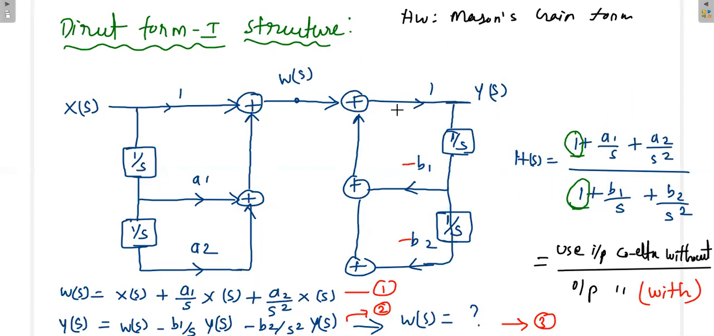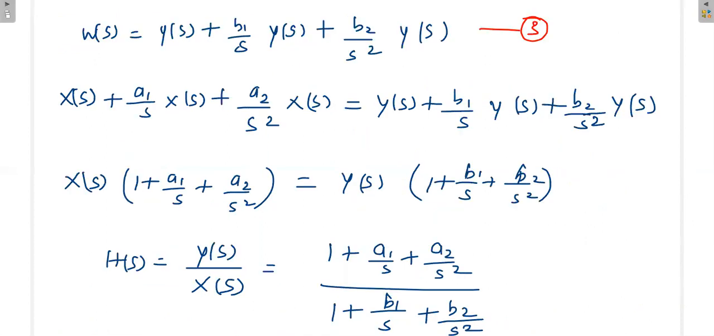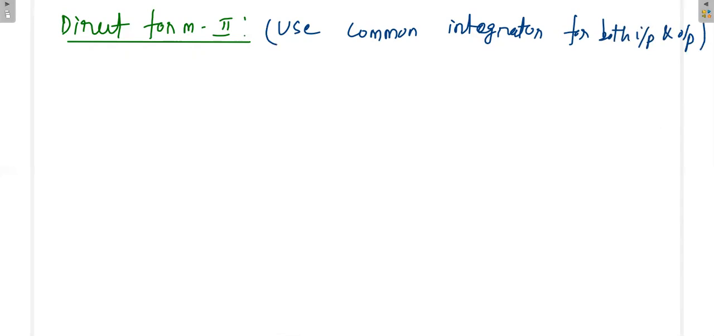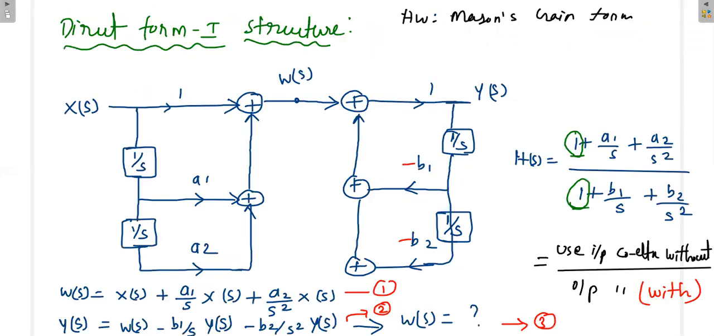Next, what about the direct form 2 structure? Again, here, what is the idea? Use a common integrator, a common integrator for both input and output. But whereas here, a separate integrator